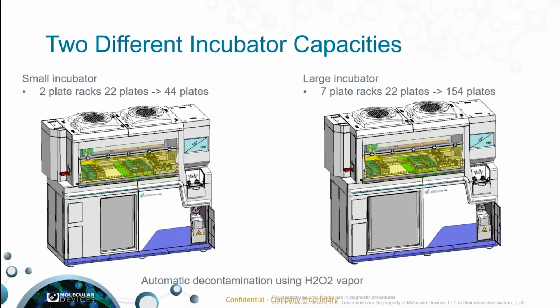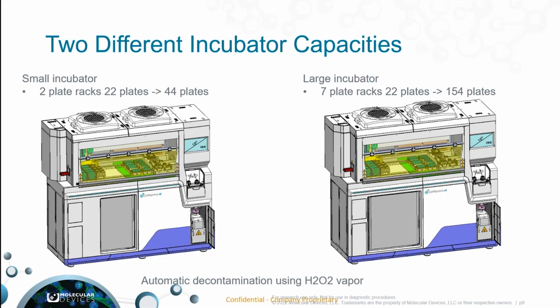The system comes with 2 different incubator capacities. One incubator can hold up to 44 plates, and it's shown here on the left-hand side, and another incubator can hold up to 154 plates. A feature that we built in is an automatic decontamination feature, and we are using hydrogen peroxide vapor to automatically decontaminate and clean the incubator. The liquid handling deck is sterilized by